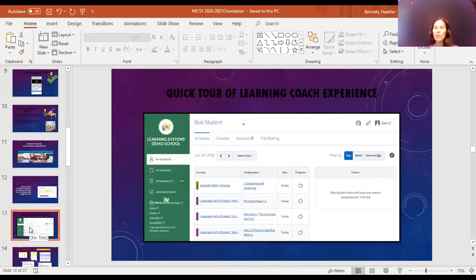And this is the Learning Coach page. This is from our demo account. So you can see the Learning Coach is Bob, the Learning Coach, and you can see Bob's students right here. So you can see Bob can keep track of what they're doing that day. See that there are 4 lessons to complete. Oh, but no classes that day. But Bob can also see that, oh, his student has 3 overdue assignments. So learning coaches, if you have not explored your Learning Coach account, please do it.